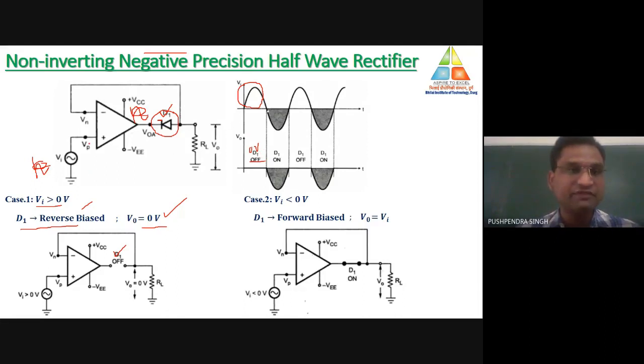Then for the negative half cycle, the level of the output terminal voltage is negative. Also, the negative terminal of the diode is connected with the negative input signal. Due to that, the diode will go into the forward biasing condition. So when the level of the input signal is less than 0, the diode will be in forward biasing condition. And when it is in forward biasing condition, it will be short circuited.